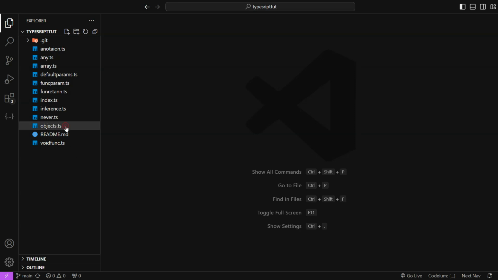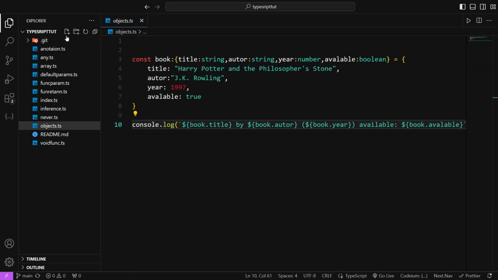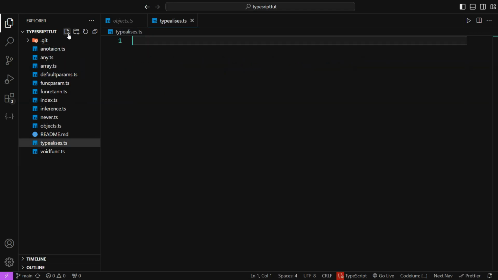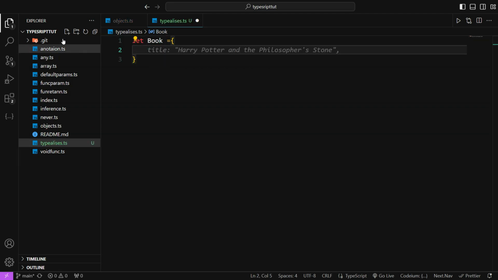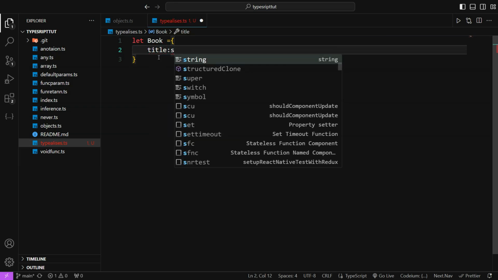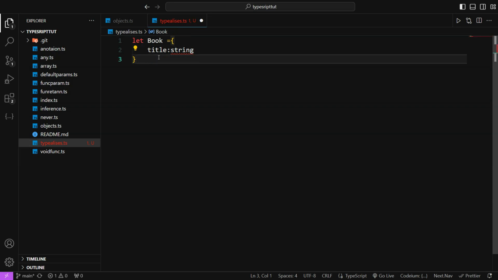In a previous tutorial we talked about objects. Now type aliases are a little bit similar, but let me show you. Create a file, type alias.ts. Now for example, let's say we have a book, which has a title, and the title is going to be a string,